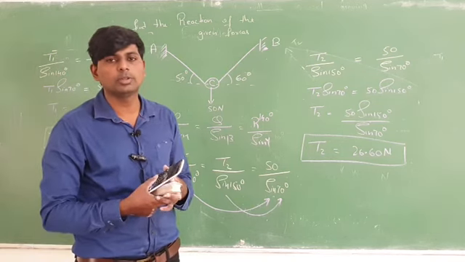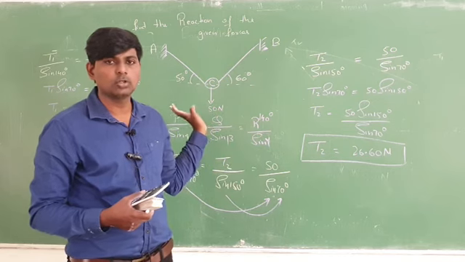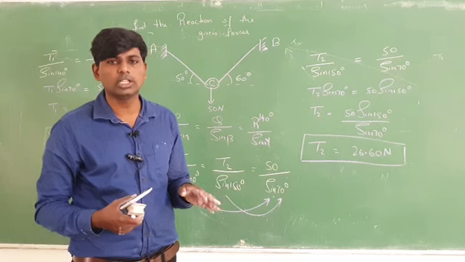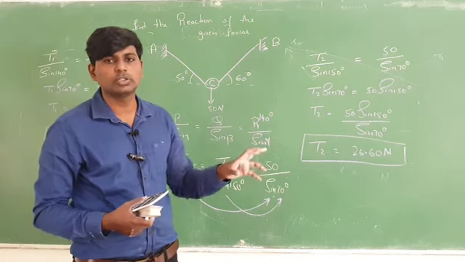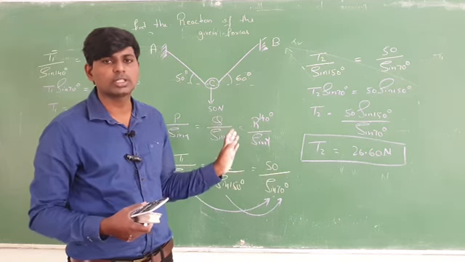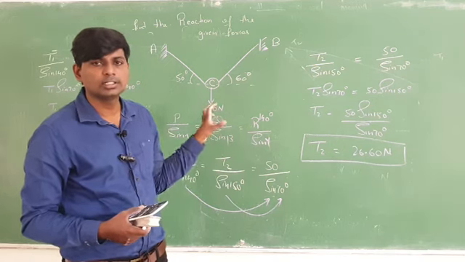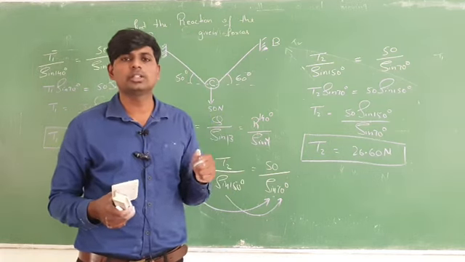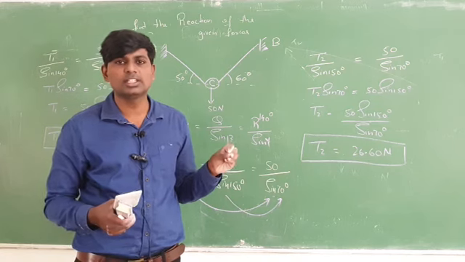In the previous problem, we represented them as RA and RB. In place of that, you can use NA, NB, or T1 or T2. It's up to you. You can use any indication. This is T1 and that one is T2. If three forces are given, you can use Lamè's theorem. This is for one sphere. Suppose two spheres, or more than two spheres, are given, how to apply Lamè's theorem, we will see in the next classes.